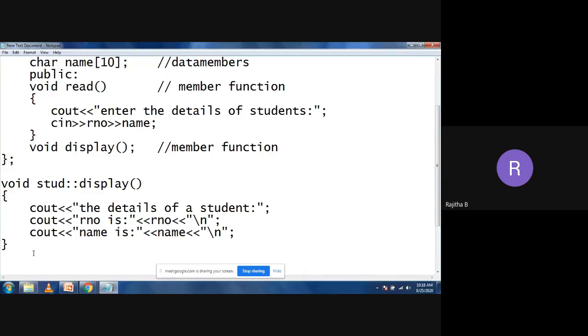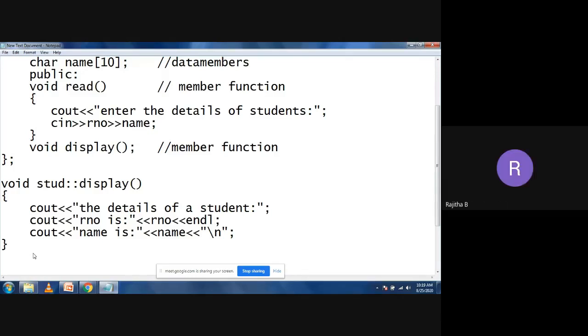If you are using the endl statement like this, suppose I'm taking the endl like this. endl is also the same as slash n, but some small difference is there. Slash n is new line and endl is end of the line, but both are performing the same operation. It will take the new line itself, going to the next line only.